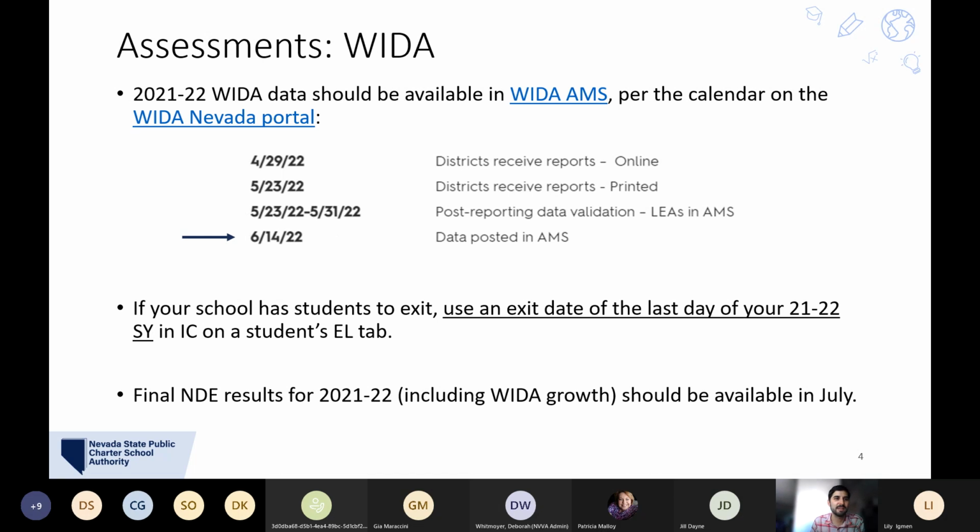All right, so the first assessment is related to WIDA. The 21-22 WIDA data should be available in WIDA AMS as of 2 days ago, the 14th. So you should be able to go get your final results from the vendor, from DRC WIDA, download your school or district files, depending on if you're a network or just a school. And you can look at those data and you can find proficiency levels for students and then start exiting if you haven't already, based on maybe the earlier data that was posted. And if you are exiting students,